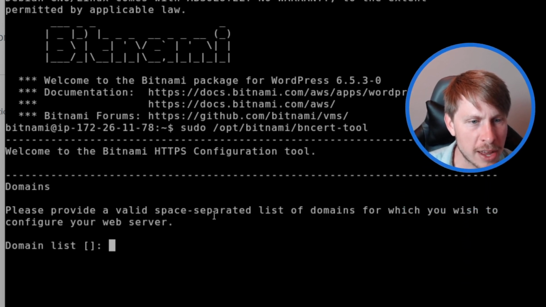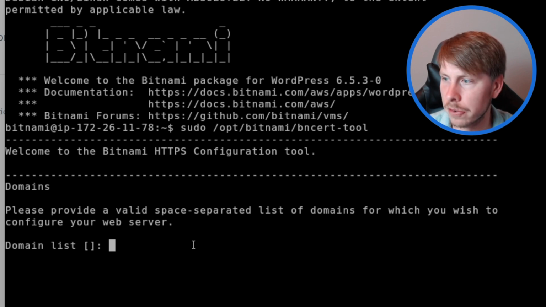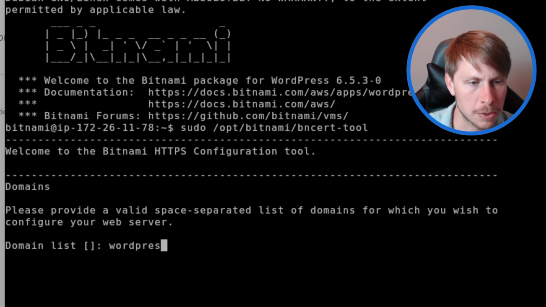Domains, please provide a valid space-separated list of domains for which you wish to configure your web server. So we can do WordPress.thomaswildtech.com, and then